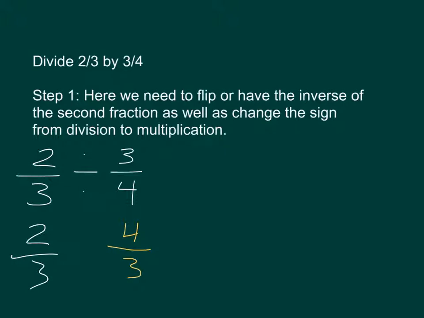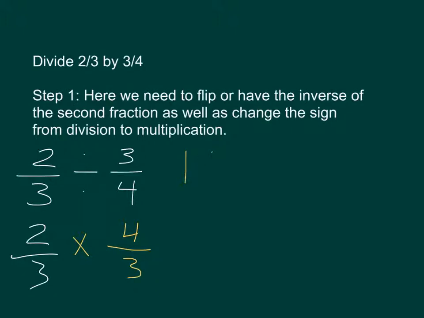4/3. And then, as it also says, we're going to change the division sign to a multiplication sign. So instead of having 2/3 divided by 3/4, we really have 2/3 times 4/3. That's the first step. There are several people, especially at some of the middle schools, who use